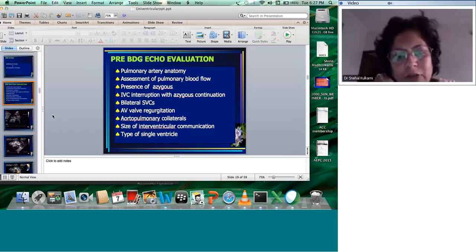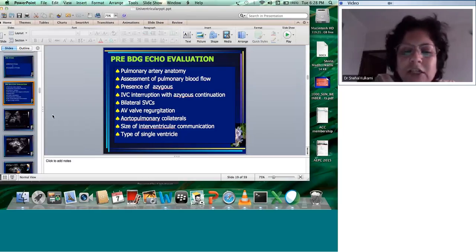So we may like to delay Kawashima procedure beyond infancy many times. The presence of IVC interruption or IVC connection to the right atrium, whether it is there or not, is one of the very important parts of bidirectional Glenn procedure assessment. Then see whether you have a single SVC or two SVCs, then they will have to do bilateral bidirectional Glenns